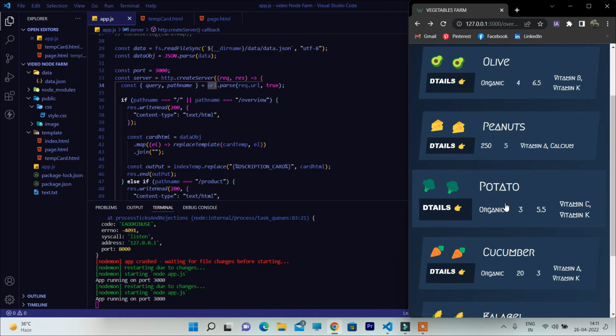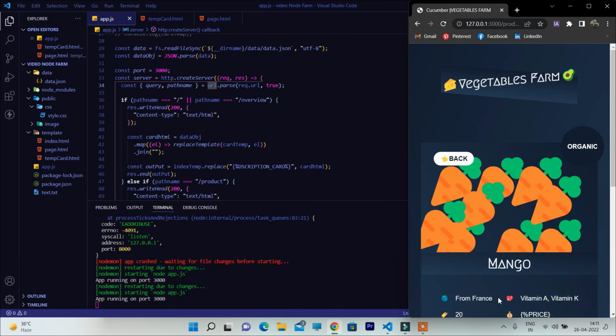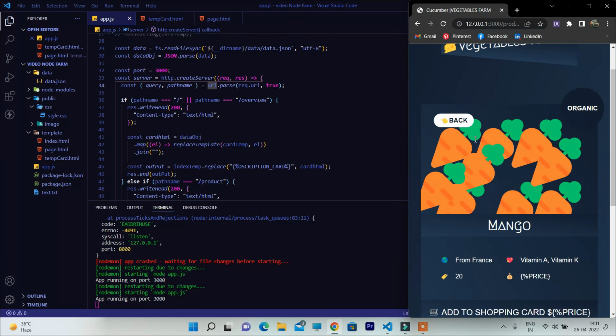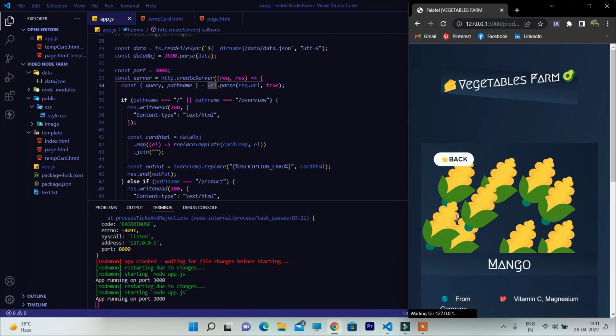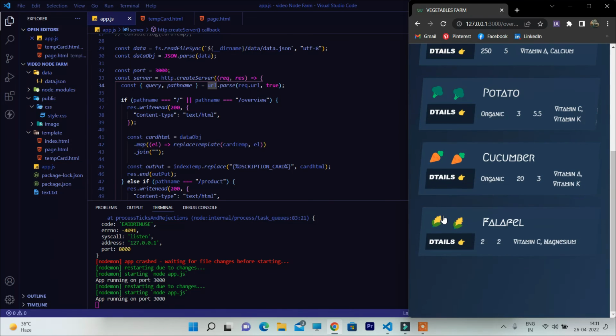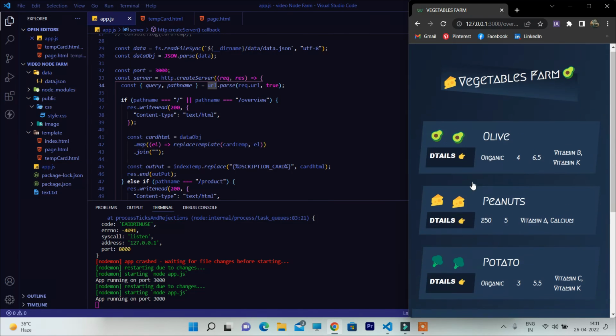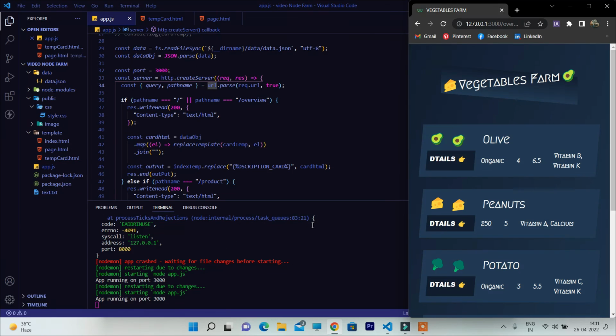So if I click here, I can go back, or I can click here. Everything is changing dynamically. As you can see, all the buttons, everything's working 100%. So everything's working fine. I hope you have liked this tutorial, and I can show you one more extension,